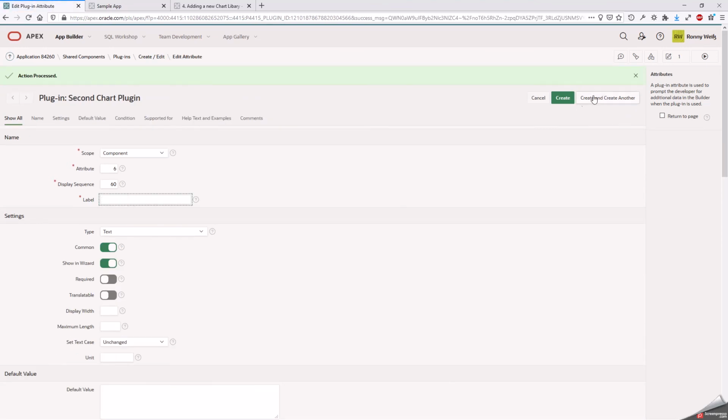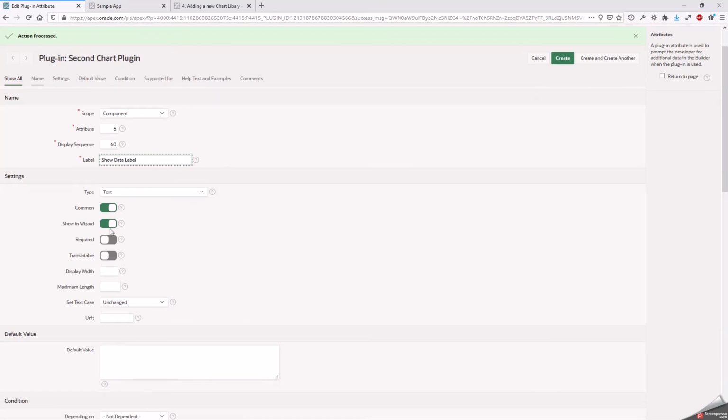Now I have clicked on create and create another, so we can directly create another attribute. So we can set text required and translatable, because when we translate the application, this attribute is also translated. And we set a default value. We can click on create,